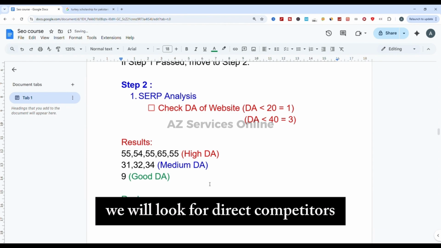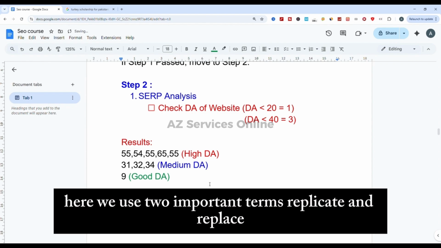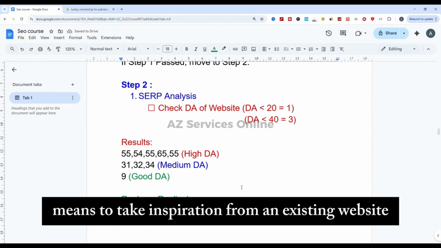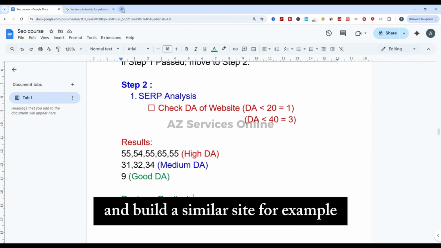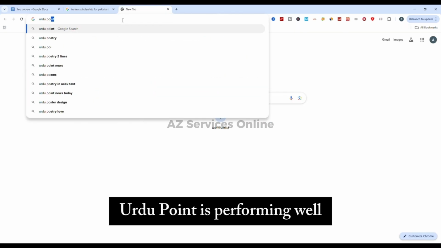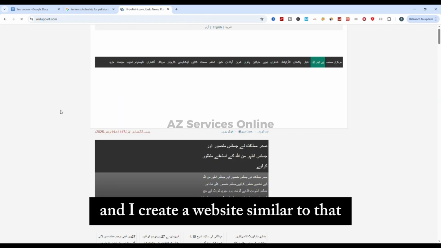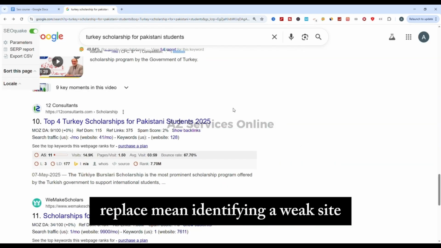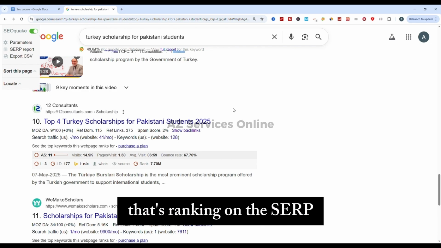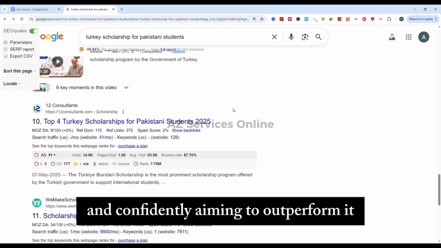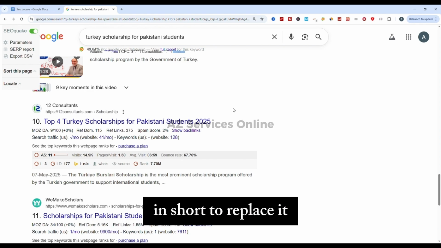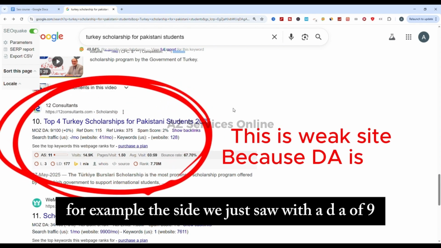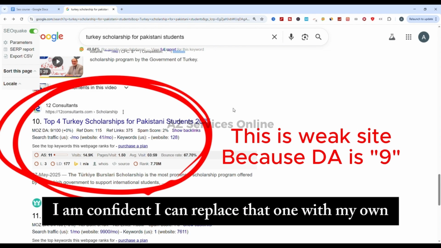We will look for direct competitors. Here we use two important terms, replicate and replace. Replicate means to take inspiration from an existing website and build a similar site. For example, Urdu Point is performing well, and I create a website similar to that. I am replicating it. Replace means identifying a weak site that's ranking on the SERP and confidently aiming to outperform it, to replace it. For example, the site we just saw with a DA of 9, I am confident I can replace that one